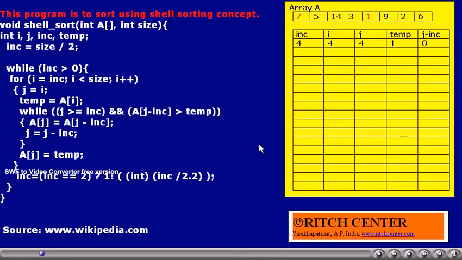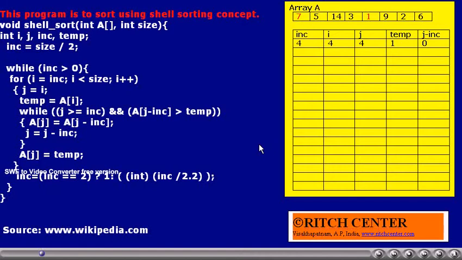Now, in our data, as the number of elements are 8, the initial H value becomes 8 by 2, that is 4. Now, the data having 8 elements will be divided into sets of 0, 4, 1, 5, 2, 6, 3, 7.